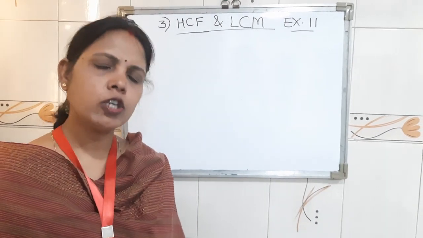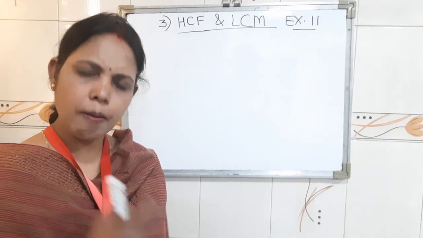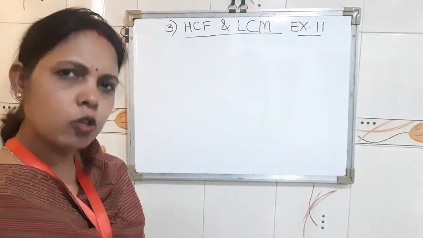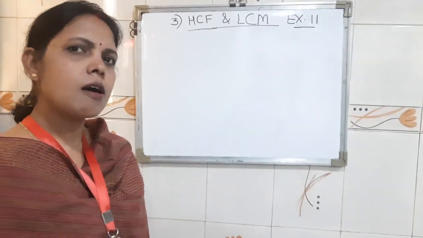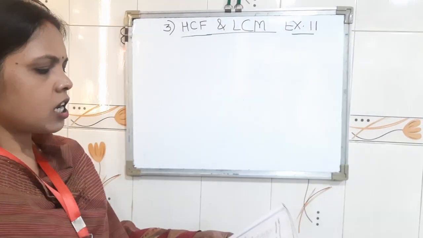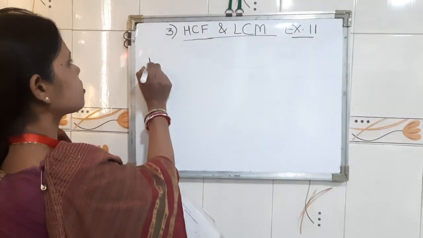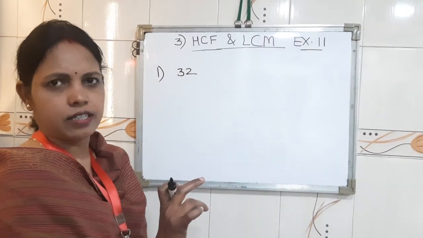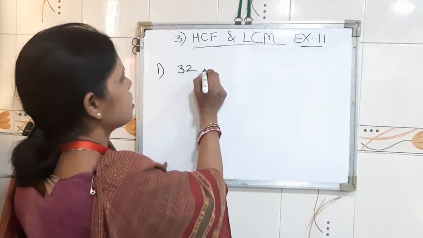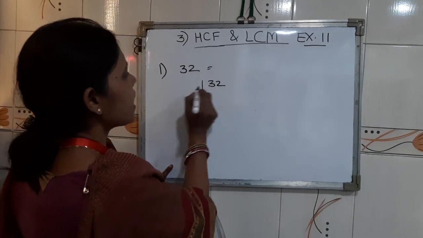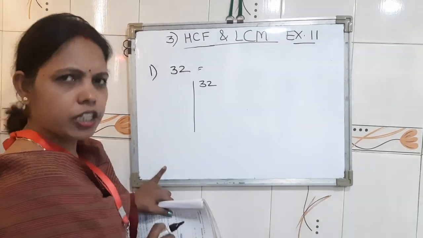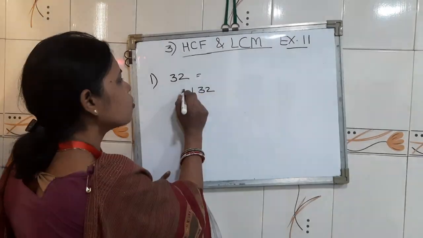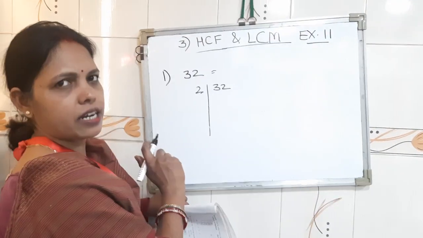Now today we are going to see the numbers and their prime factors. That means for the given question we are going to find out the prime numbers. So children, in question number 1, that is 32, we will find the prime factors for 32. We will write 32 and see by which number it will divide. First we will try 2, because in the unit place 2 is there.